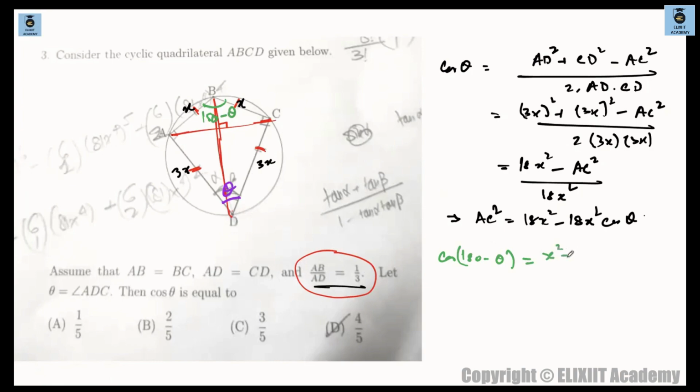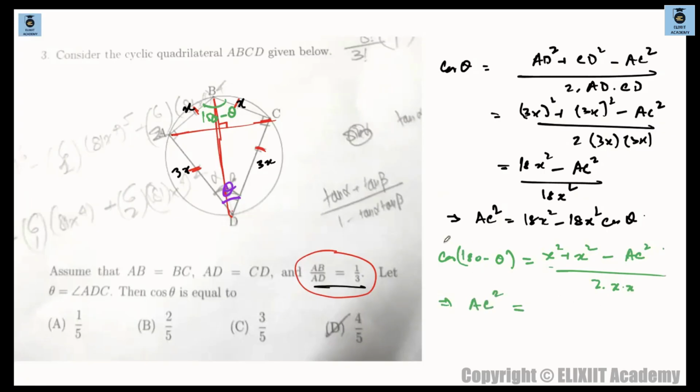x square plus x square minus the opposite side, which is this AC, so minus AC square. Our logic will be to equate these two ACs. That's why we are solving this using this cosine rule. So 2 times x into x. So finally, we are having 2x square minus AC square divided by 2x square. So from here, we can say AC square will be